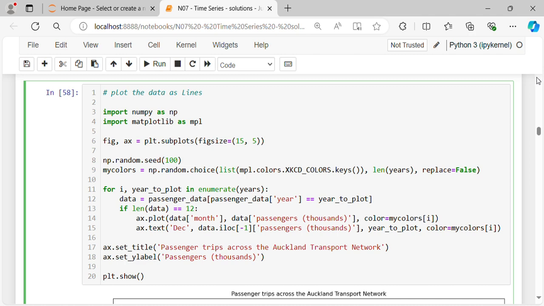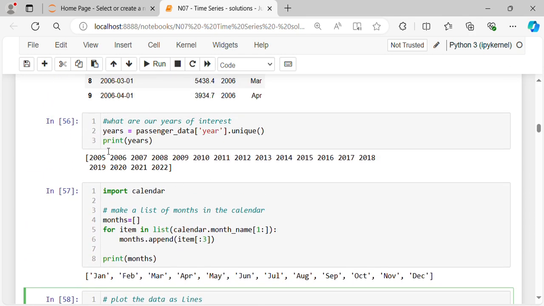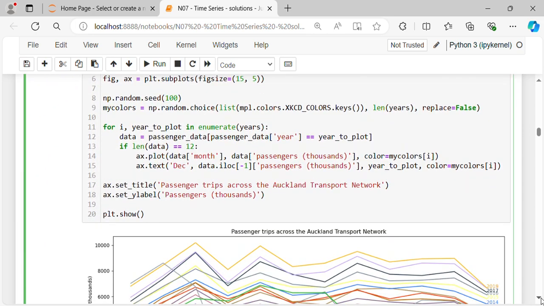So how many years did we have here? So we had 3, 6, 9, 12, 15, 18. So there will be 18 colors created. replace equal False. Replace equal False means every year will represent a new color. For i, year_to_plot in enumerate years. So for each year,